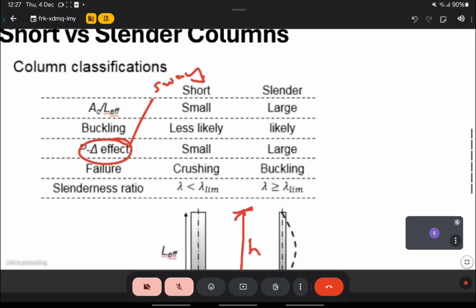Now slender column, on the other hand, the area is small, but it's long. So buckling is very likely. P delta effect can be quite big because it can sway quite a lot because it's slender. And most likely it will fail through buckling. So buckling failure is not crushing failure. So buckling failure means if let's say you take